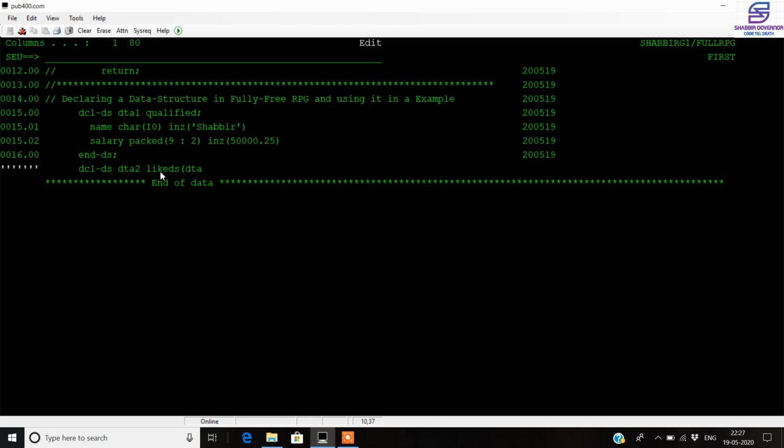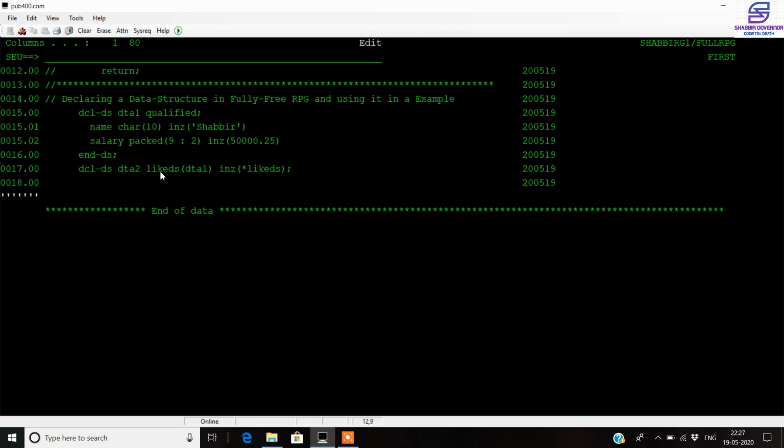The initial values are also the same values that are inside this DTA1. They are likely to be copied inside this data structure DTA2. So for that we have the keyword LIKEDS again. This is done.